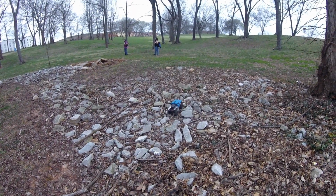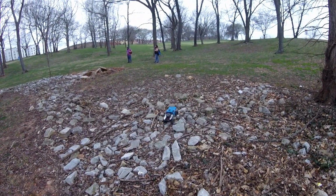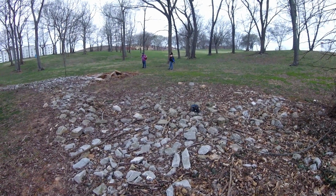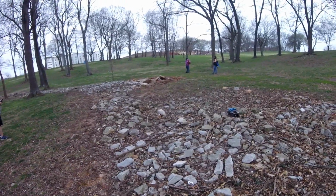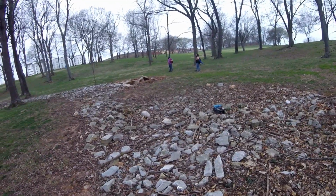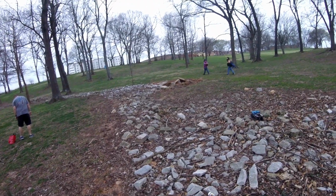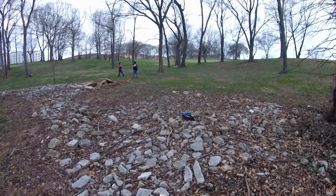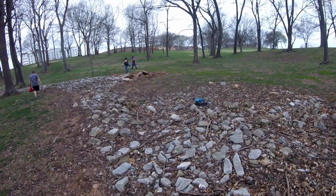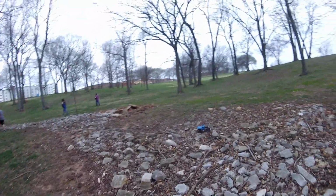The Ascender is pretty impressive. I was trying to be quiet for a minute to let the guy throw the disc, because we are also down here where the disc golf course is. So